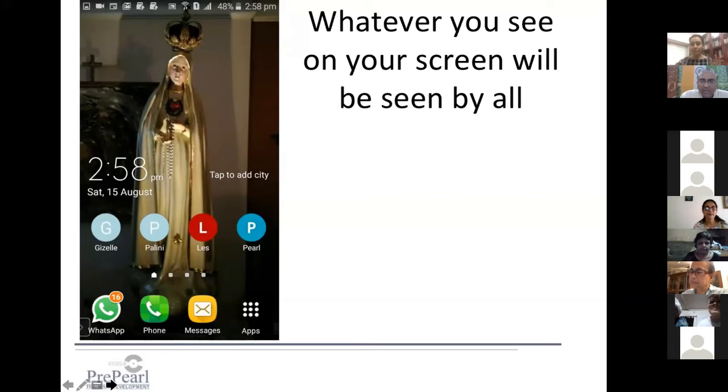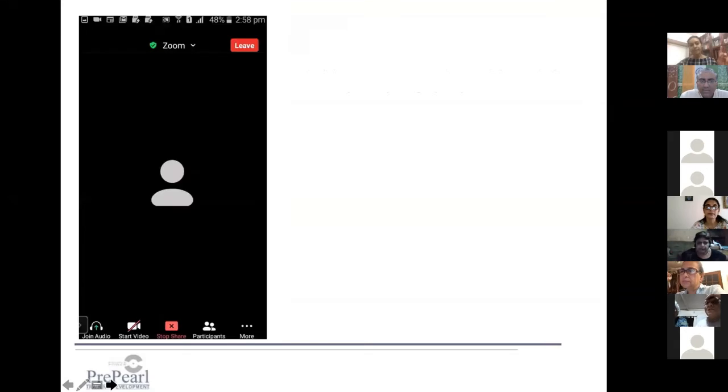So this is with screen sharing on your mobile phone. To stop screen sharing, all you have to do is find the Zoom icon again on your phone, wherever the Zoom icon is, click on it, and it will take you to this page. And then you just stop sharing. That's it. Okay, and once you stop sharing, people won't be able to see your screen anymore.